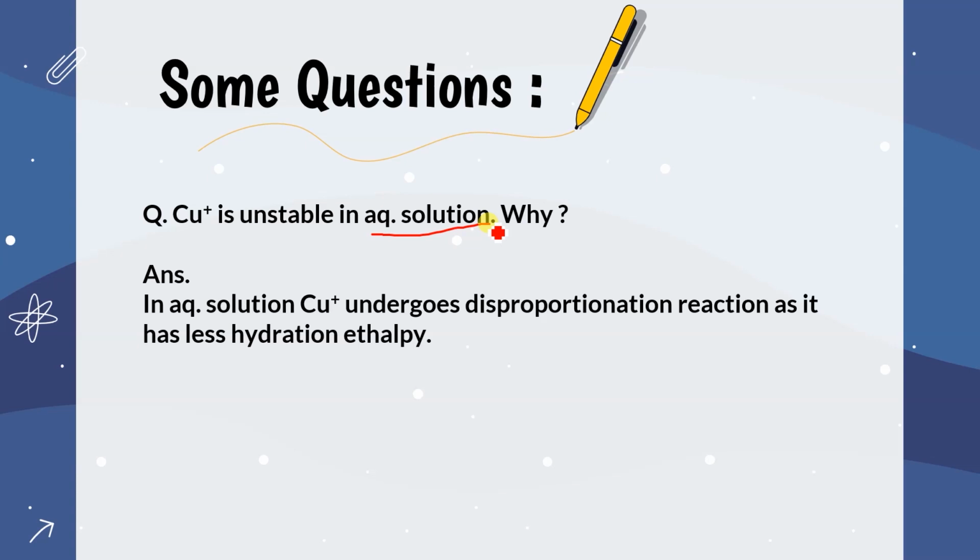Yes. So in thermodynamics we have done this. Yes. So copper has very less hydration enthalpy, and that's why Cu+ undergoes a disproportionation reaction to give copper and Cu+2. So that's why Cu+ is unstable in aqueous solution. I hope it is clear. Yes. Any doubt in this? So you have to mark only this thing, that Cu+ has less hydration enthalpy, so that's why it undergoes a disproportionation reaction and gives Cu+2 and Cu. Hence, Cu+ is unstable in aqueous solution.